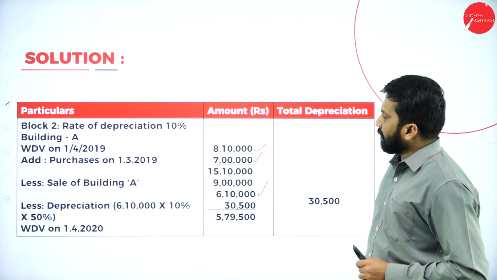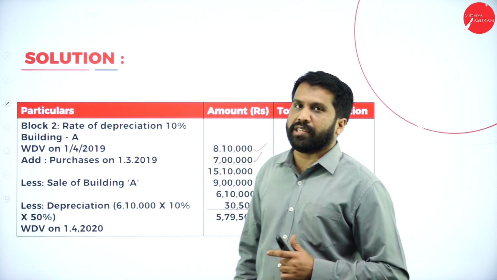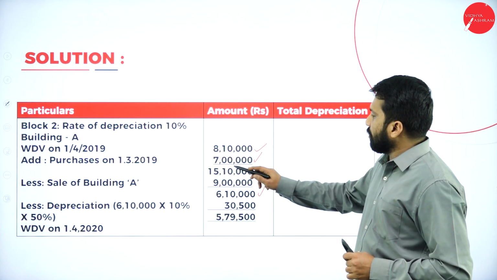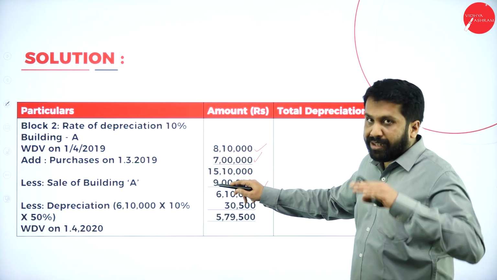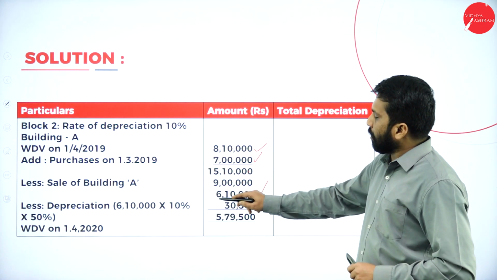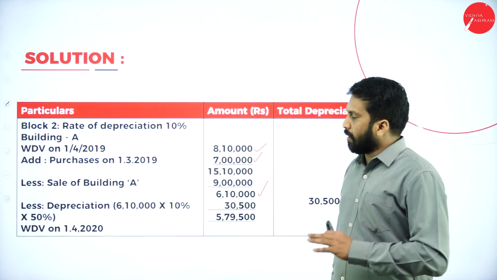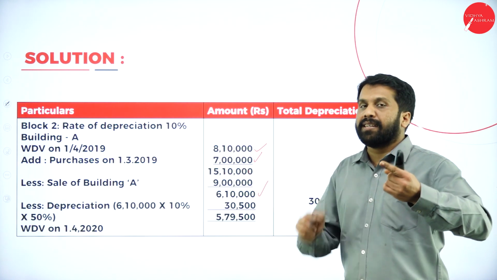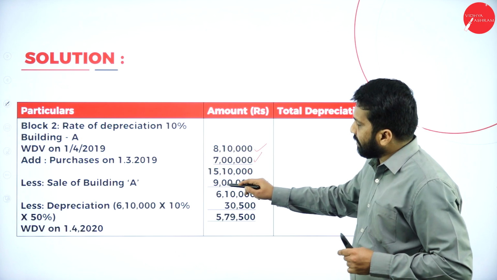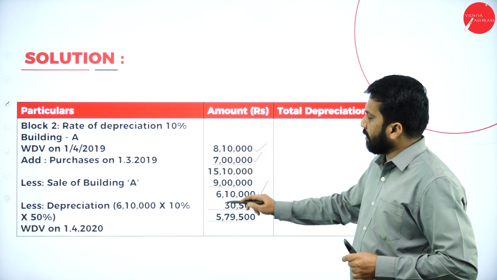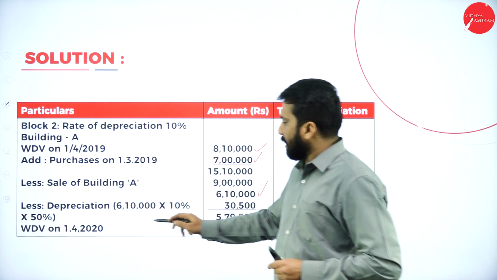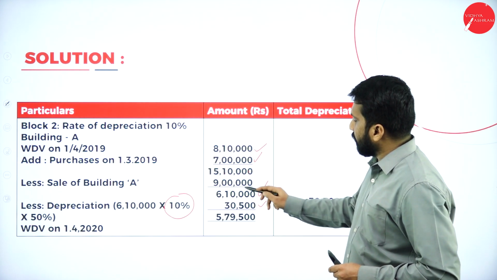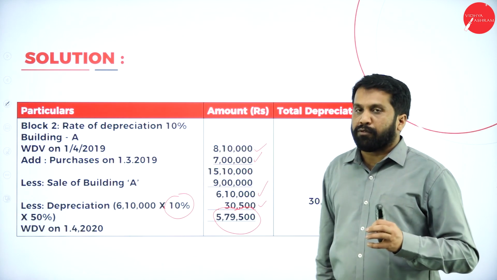From 6 lakh 10,000, you have to calculate depreciation. See, your value is how much? 15 lakh. Sold at what? Less, 9 lakh. Closing is 6 lakh 10,000. Now, if your sold value is more than 15 lakh, there is capital gain. Now it is less only. 15 minus 9 is 6 lakh. On 6 lakh 10,000, calculate 10%. It will be 30,500. Your final answer is 5 lakh